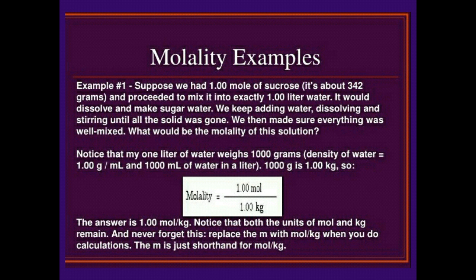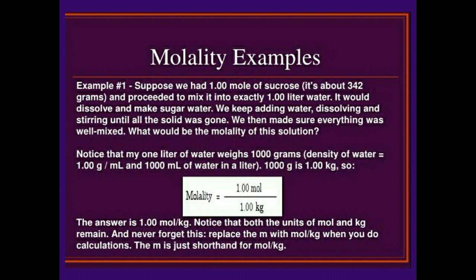The formula of molality is moles of solute upon weight of solvent in kilograms. Moles of solute are given in the question, that is 1 mole of sucrose. Now the second thing is the weight of solvent in kilograms. Here they have given us the volume in liters. So with the help of volume, can we calculate the mass? Yes students, in previous videos I explained the formula, and you must know that mass is equal to volume into density. Here we are talking about water, and we know the density of water is 1 gram per milliliter. So when we multiply 1 liter by 1, it will become 1 kilogram.